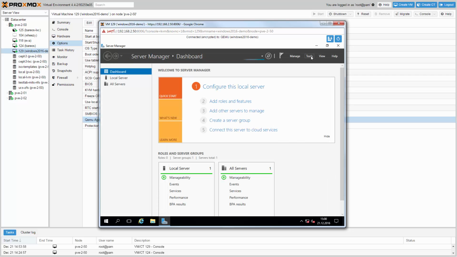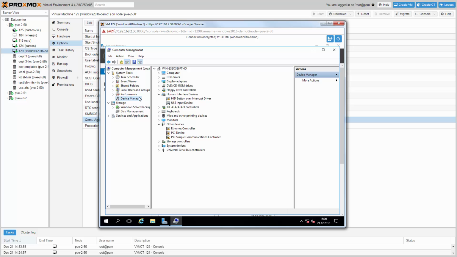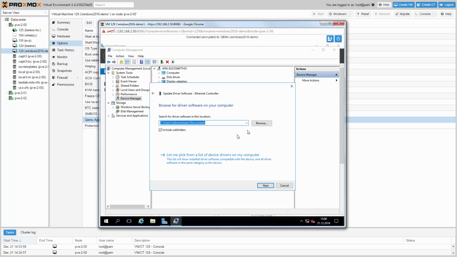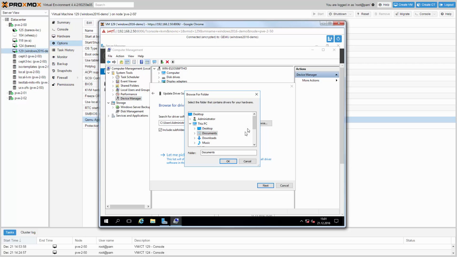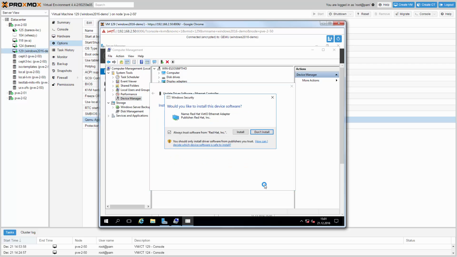Now, open the Computer Management and go to the Device Manager. Right-click the Ethernet controller and open the Update Driver wizard. Browse for the VirtIO network driver. Click Next and install.